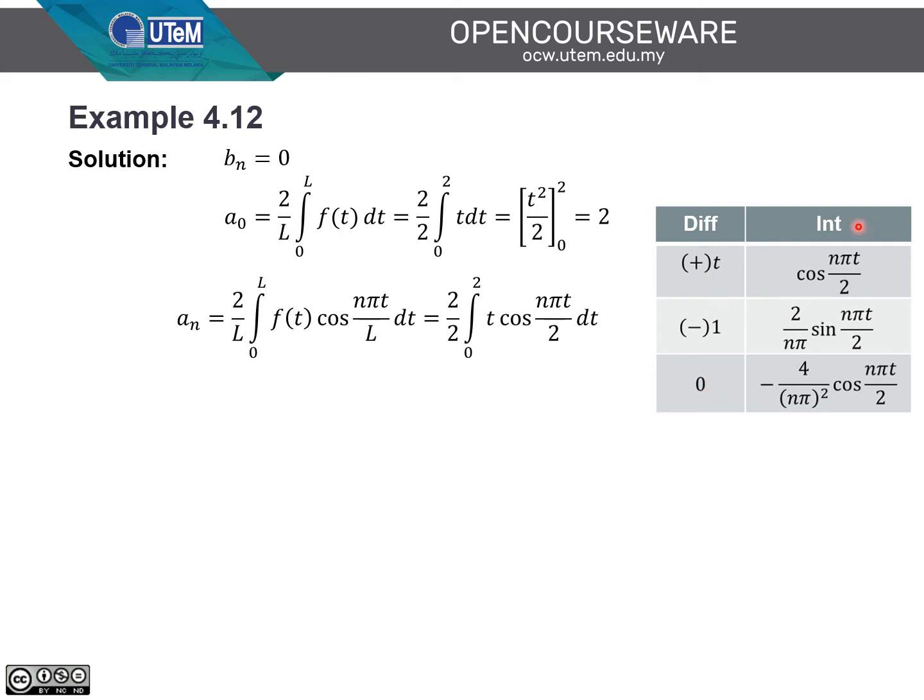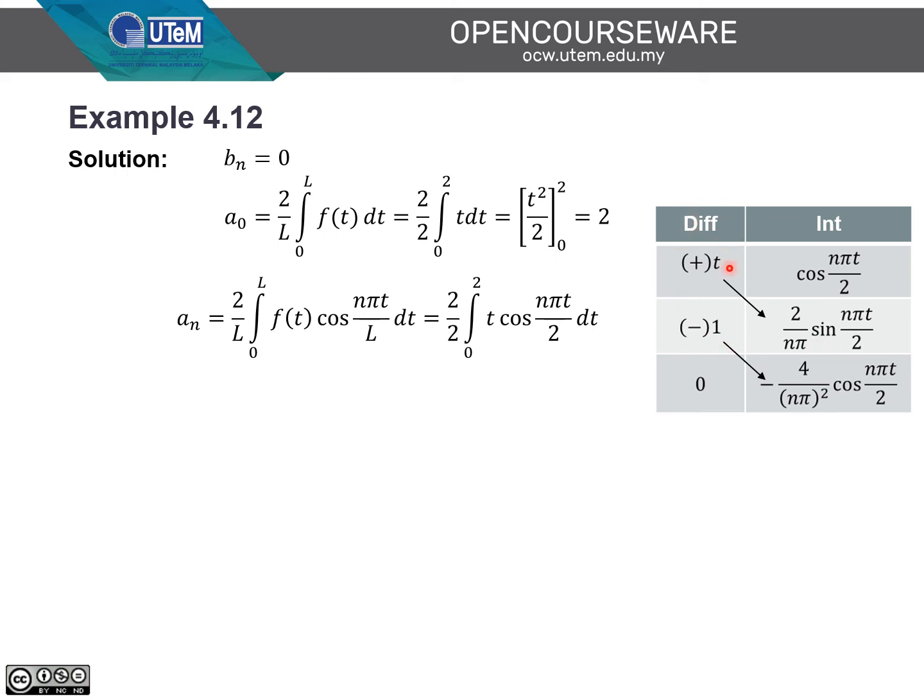In the integration column, we integrate cos(n pi t on 2) twice. The first integration, we obtain 2 on n pi sin(n pi t on 2), followed by the next integration, negative 4 over n pi squared cos(n pi t on 2). We multiply